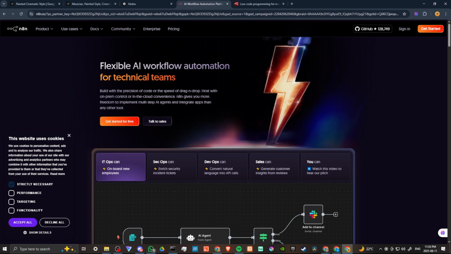Flexible AI workflow automation for technical teams. Built with the precision of code or the speed of drag and drop, host with on-prem control or in the cloud convenience. N8N gives you more freedom to implement multi-step AI agents and integrate apps than any other tool, according